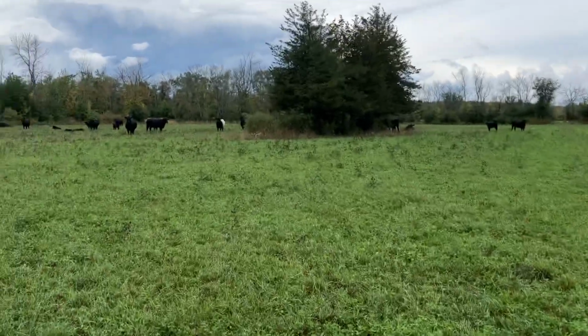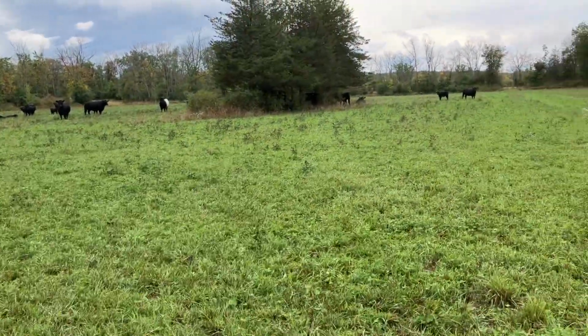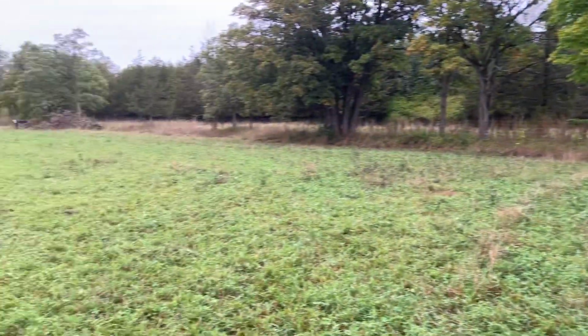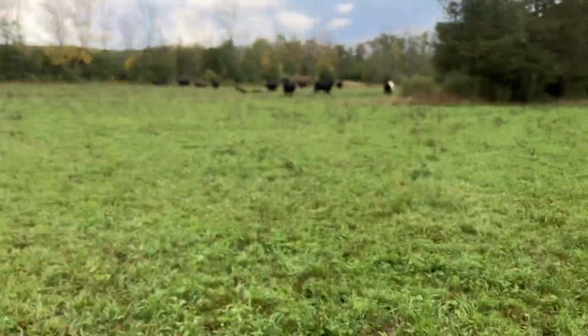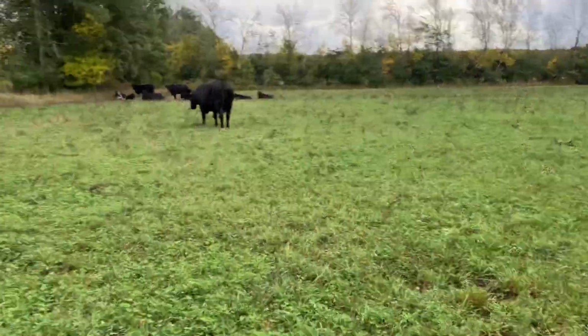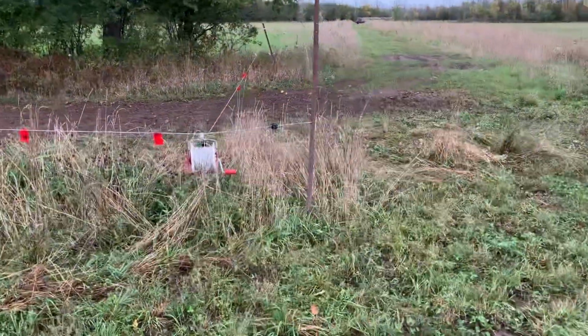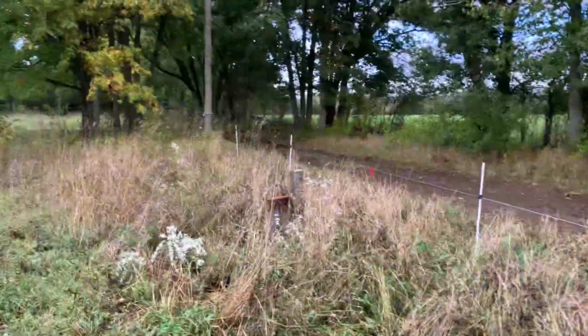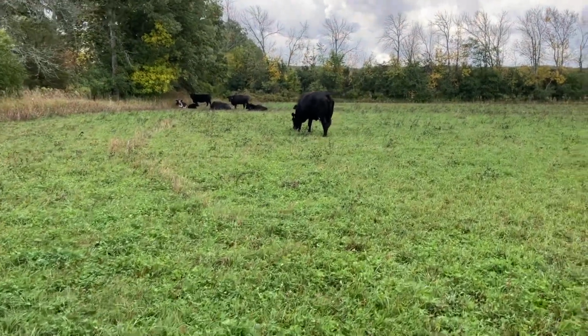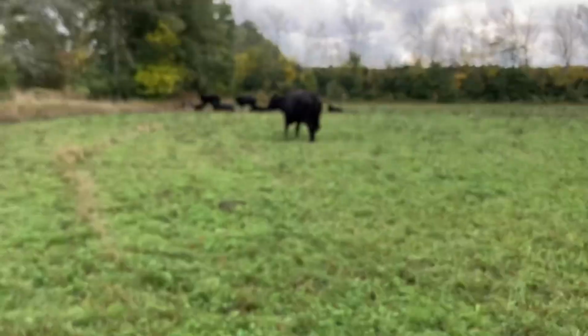Today just going to do a quick review of this hayfield that we grazed. Posted a video yesterday of how we fenced up this hayfield. It's about a 3-acre hayfield in about 4 hours. And I just used tensile for the perimeter, kiwi posts, T-posts for the corners. Brace those corners in some areas that will be dealing with more stress. And then all the normal tools that you'll be using to fasten up fences with wire tensioners